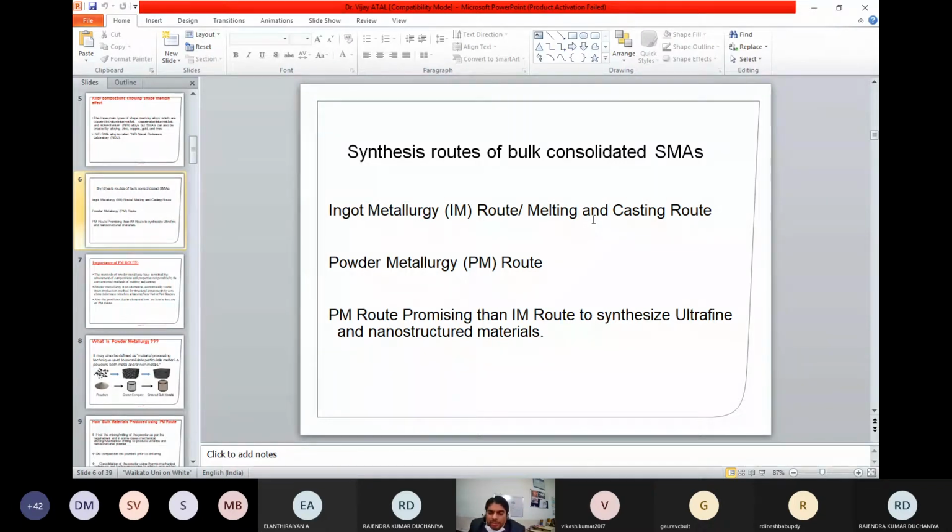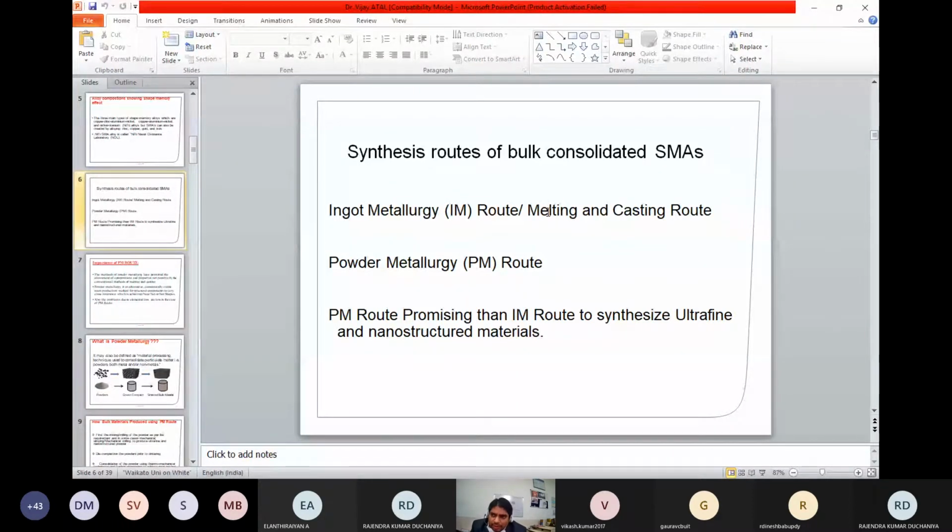You should be using vacuum melting techniques, because oxygen in the atmosphere is a very problematic thing. Generally, when you speak about oxygen content and oxide formation, higher oxygen content in the material affects room temperature ductility adversely. That is with respect to ductility. But in the case of shape memory alloys, it adversely affects the shape memory effect of the alloy.